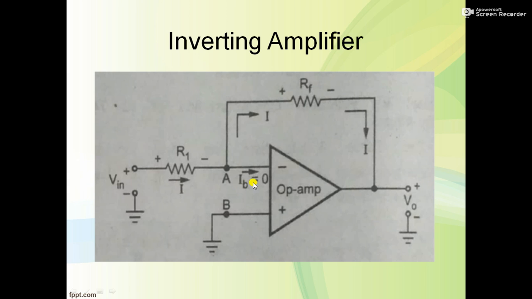And whatever the bias current is, it is always equal to 0. It is one of the characteristics of the op-amp. If IB is equal to 0, the input impedance is very high, it is infinity. And the same amount of current also flows through the feedback resistance Rf. So when the current comes at this point, we get the output signal in the inverted form.